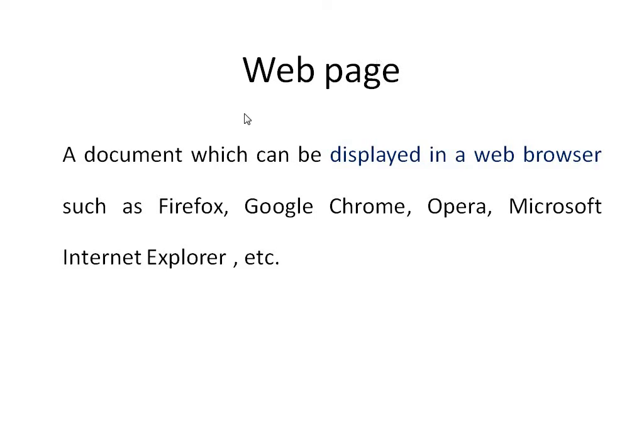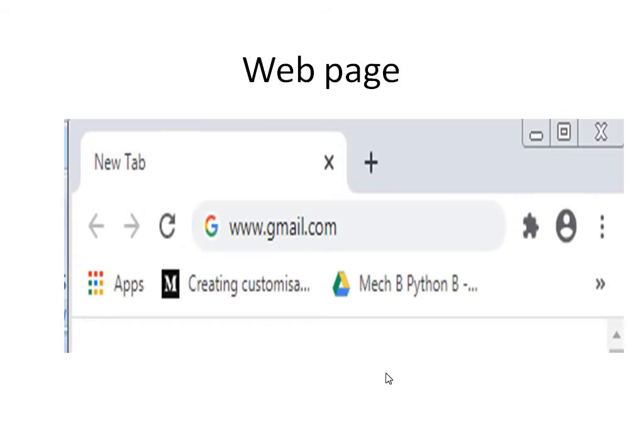A web page is the document which can be displayed in the browser, right? What is an example of a browser? Google Chrome, Firefox, Opera, Internet Explorer, everything is a web browser, right? This is a Chrome browser and this is the address bar.